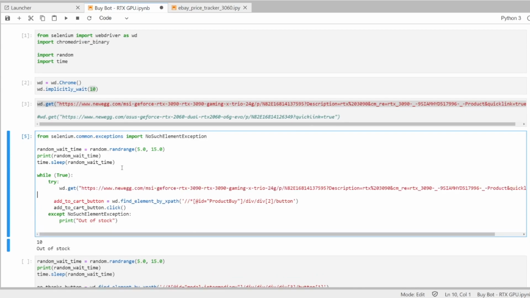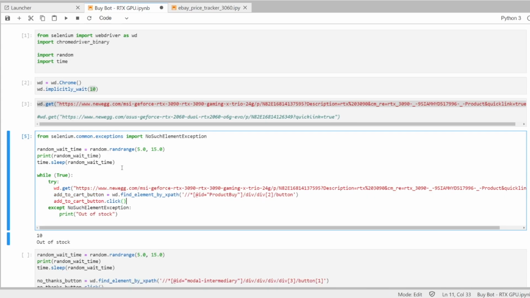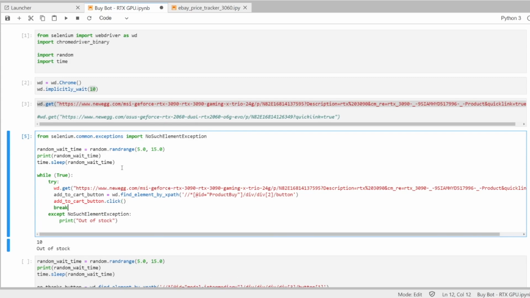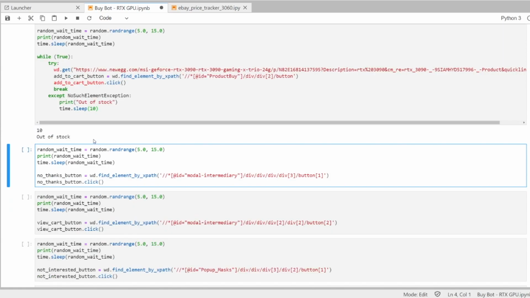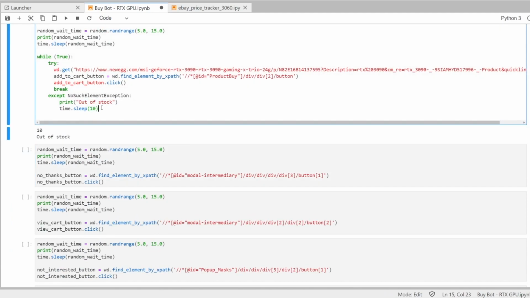And at the start of my loop, I can load the page. And then if I load the page, I click on the add to cart button. And then if all goes well, right, maybe I can break the loop, so it doesn't keep doing the same thing. And then here, if it's out of stock, we can always do sleep. Maybe we can sleep for 120 seconds or 10 seconds. Don't make it too often, because then you'll get challenged. So I would say every maybe 5 minutes or every 10 minutes, you can basically do nothing.